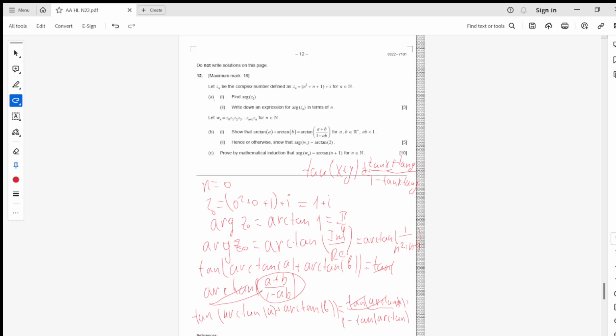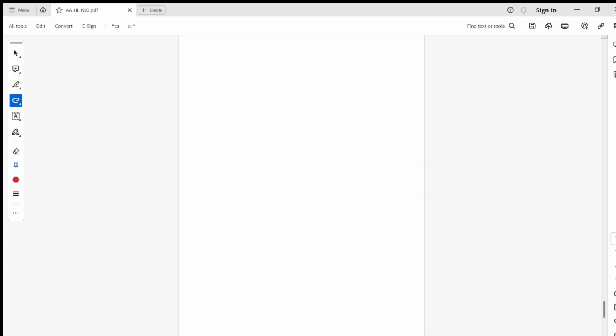Show that the argument of W1 is equal to arctangent 2. We can use two approaches. I just want to show you the other approach you can use, because the second one we will be using for the next question. So by definition, okay,